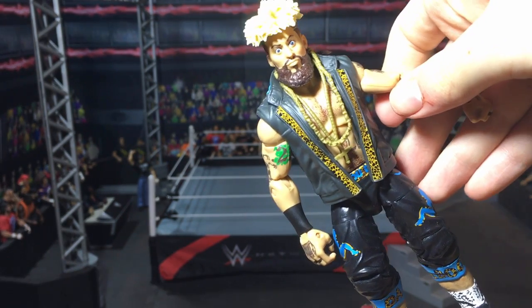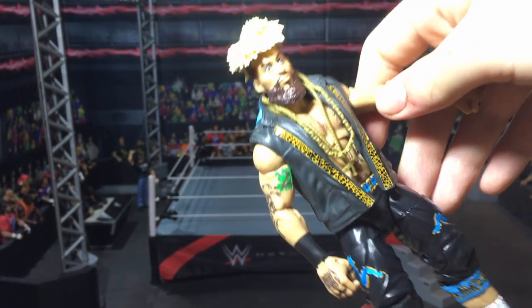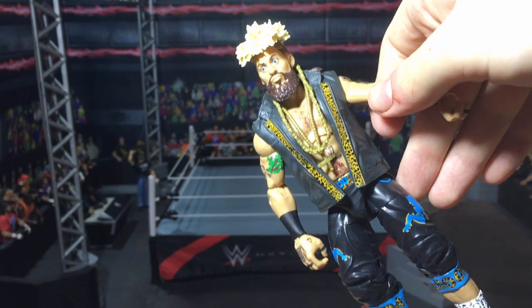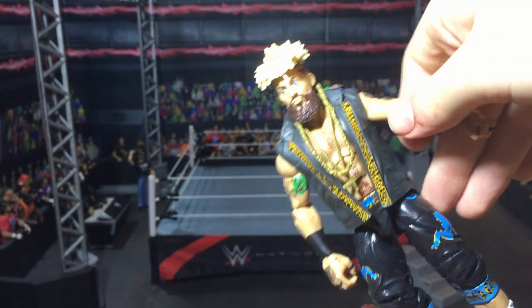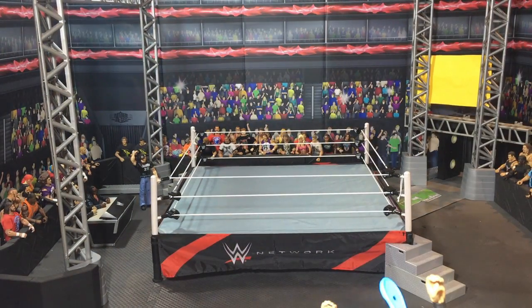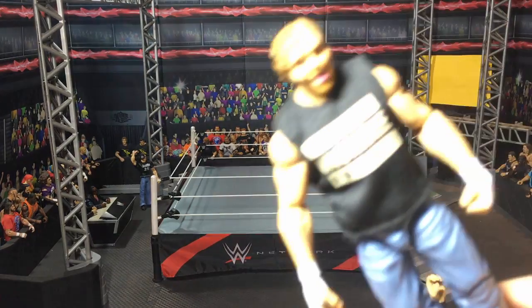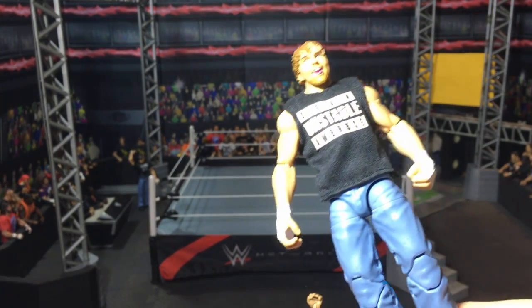Enzo Amore, Elite 49. I can just recommend everyone to buy it, even though Enzo's not really too relevant, but yeah, it's like a really sick looking figure though. Like, look at it. Really cool Enzo. Next off, we have Dean Ambrose, and I added a custom shirt on it, even though that's like not really